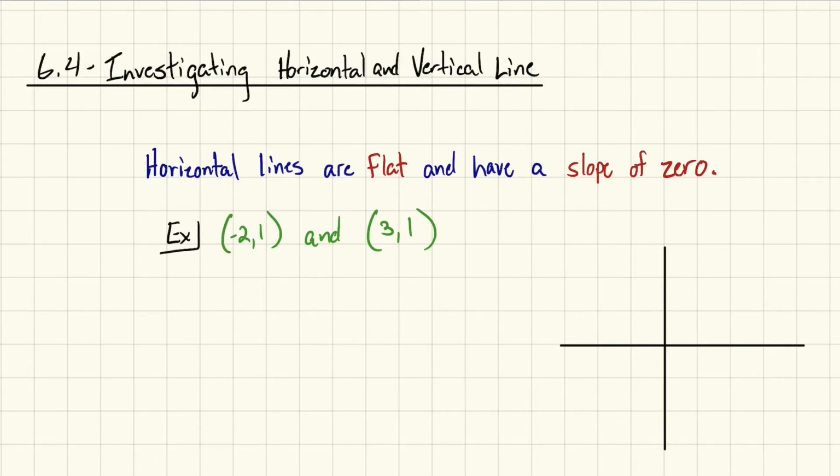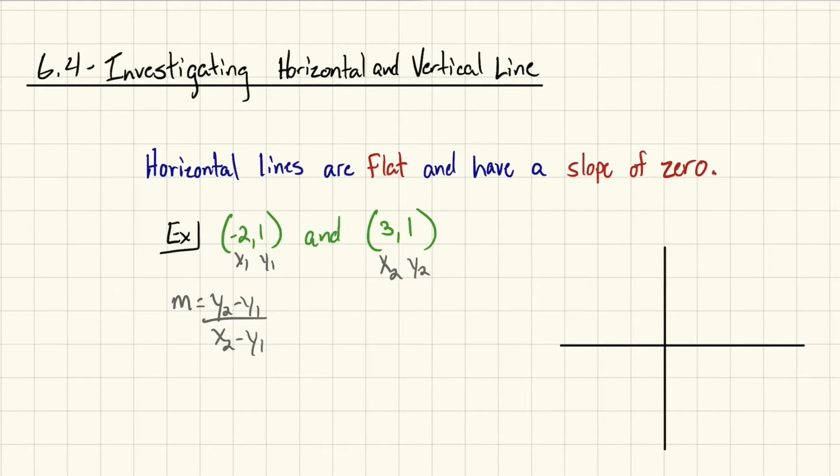Horizontal lines are flat lines that run straight across and they have a slope of 0. Okay, so for example, we have these 2 points, and I'm going to tell you ahead of time that this is going to make a horizontal line. Looking back at what we did in the previous lesson, we talked about how slope was y sub 2 minus y sub 1 over x sub 2 minus x sub 1. All we have to do is label our points and just run our slope formula through this